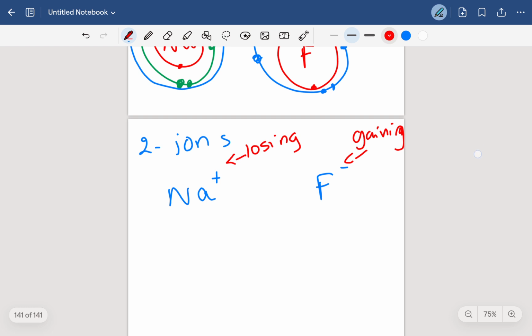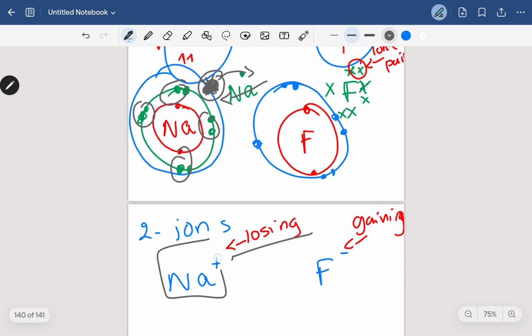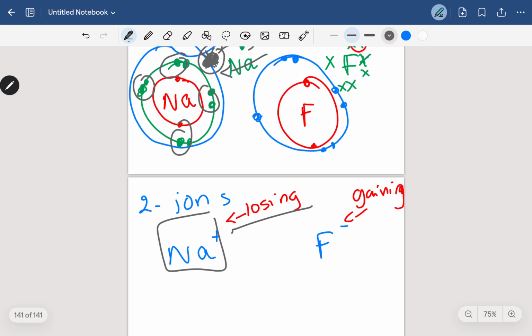Okay? So let's go back up to the diagrams drawn about Na and F, and let's say Na lost an electron. It's going to lose the one in the outer shell. This one is going to go, okay? As you can see, it would have completed the electronic configuration of a noble gas, because it will have 8 electrons only in its valence shell. Whereas originally, this was its valence shell. It lost this electron, and then it's going to be left with 8 electrons in its valence shell, meaning Na plus has achieved the